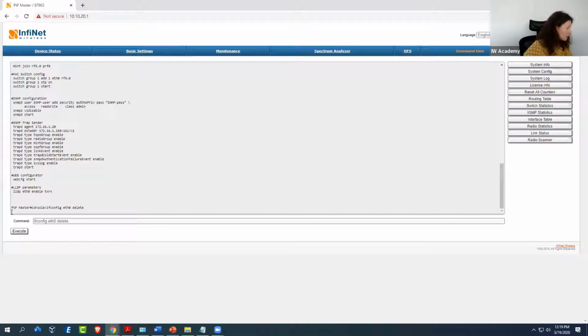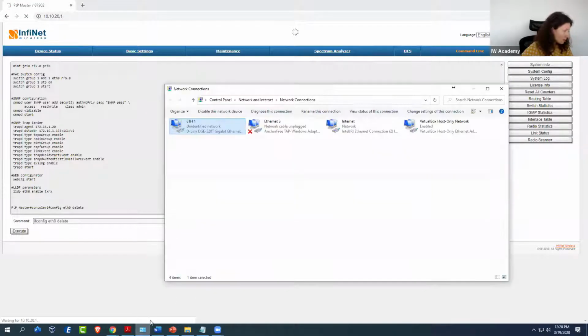Okay, this deletes the first IP address that was added. ifconfig Ethernet 0 delete deletes the IP addresses of the interface in the order in which they were added. Since I was directly connected to the unit using this IP address, I have now to change my IP address.